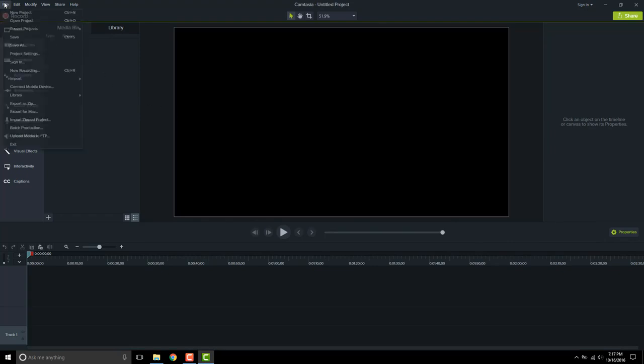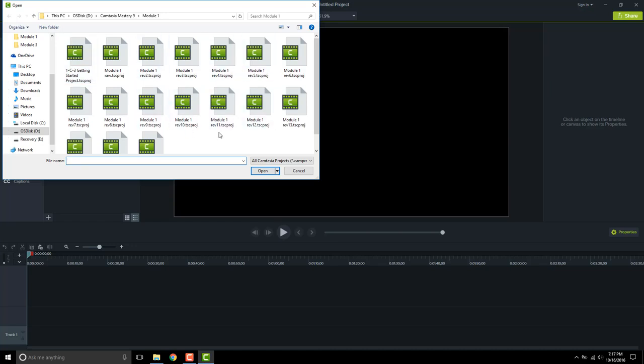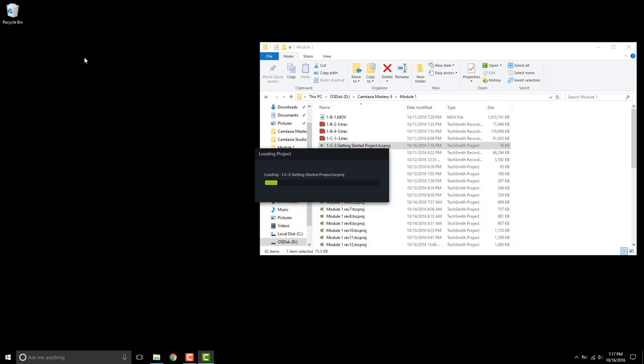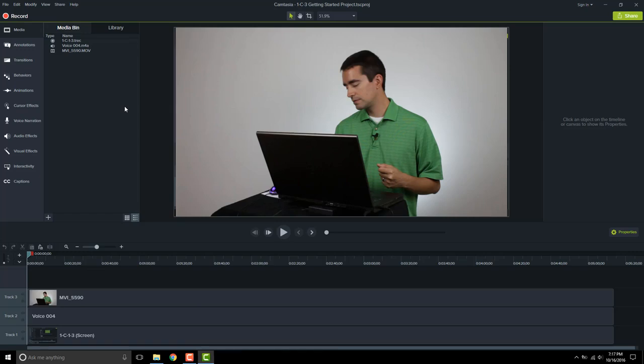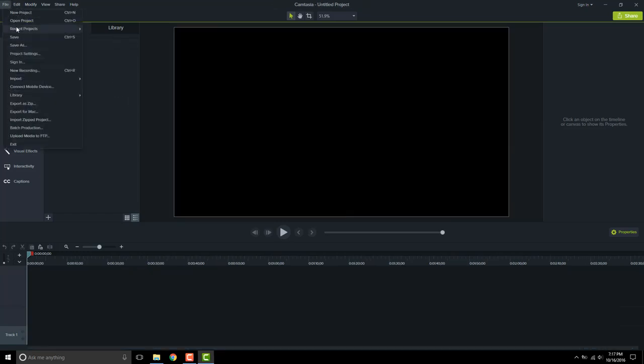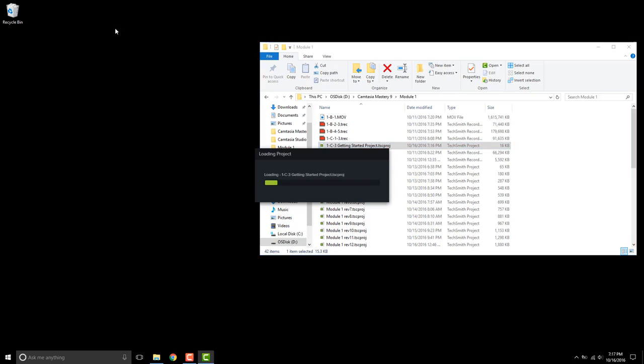Another way I can do that is File, and I can open a project. It'll then have me search for wherever I want to find that file. And I see that file, I can open it that way. Double click it, it loads the project, and then I can begin editing it that way. Another way is File and Recent Projects. So here I can see the last 8 projects that I was working on, all the different names that I had, and I can just select the one that I want, and just like before, it will load my project